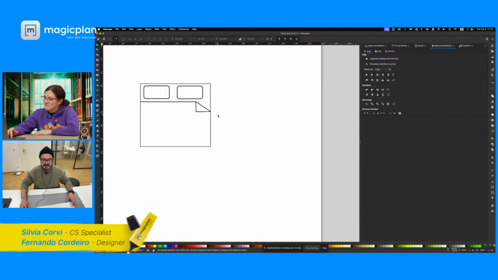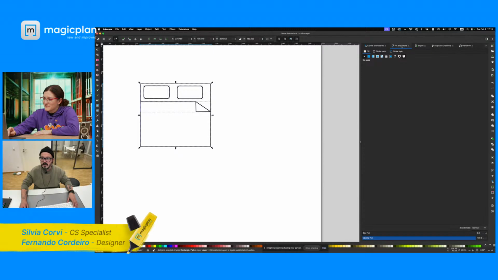It's really basic and simple. One thing that we need to always be attentive to is when I'm working with strokes, this stroke needs to have at least